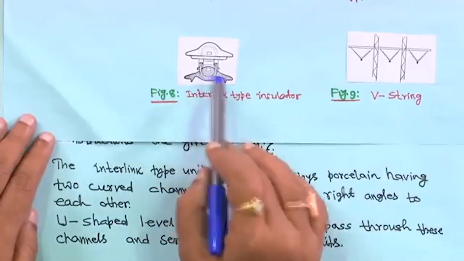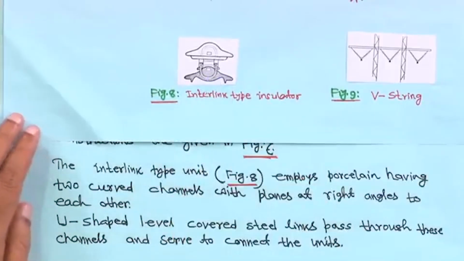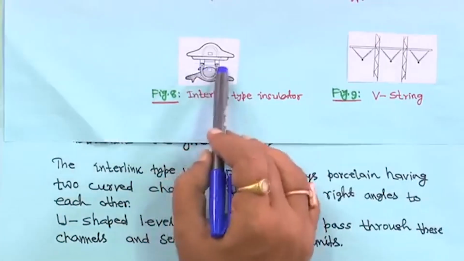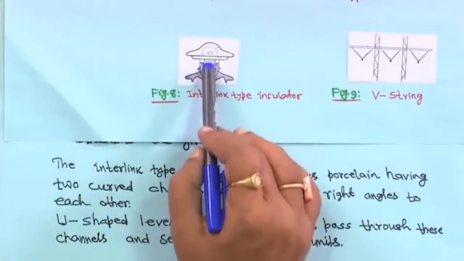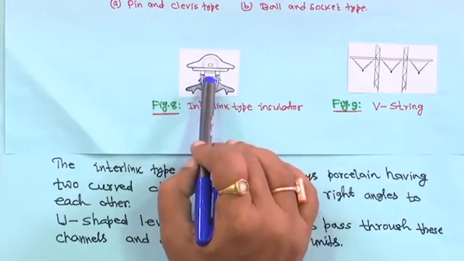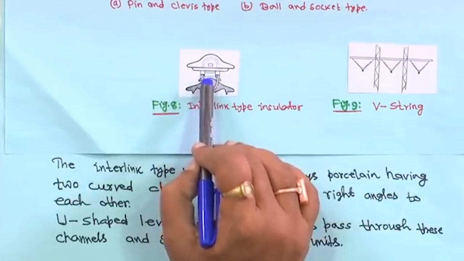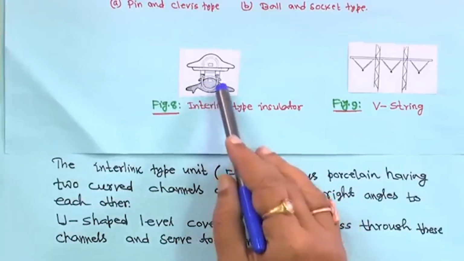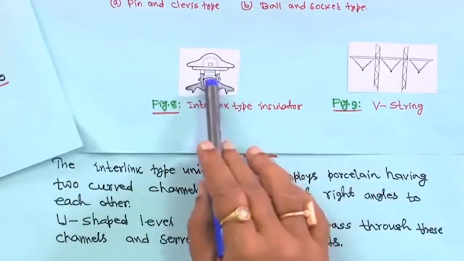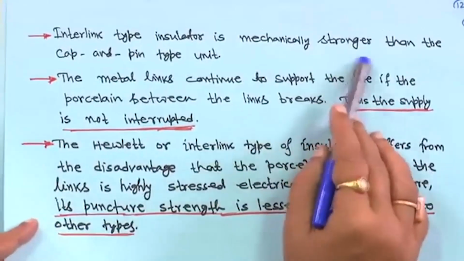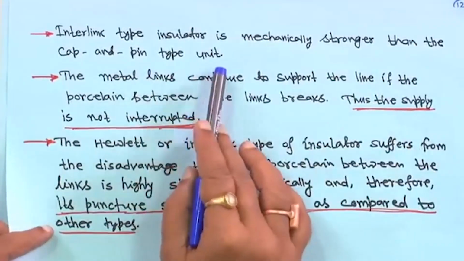So, this is actually the interlink type. It employs porcelain having two curved channels, so there is insulating material between these curved channels, and there will be high electrical stress on this, right. That is another disadvantage of this one: the insulator material between these two will be highly stressed. Therefore, the interlink type insulator is mechanically stronger than the cap and pin type, that is correct,